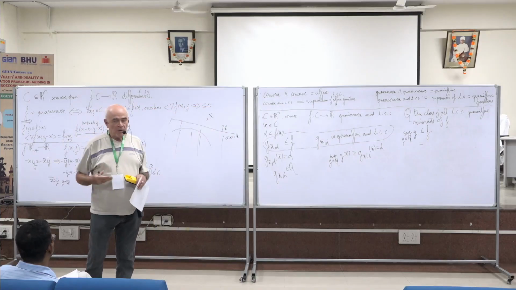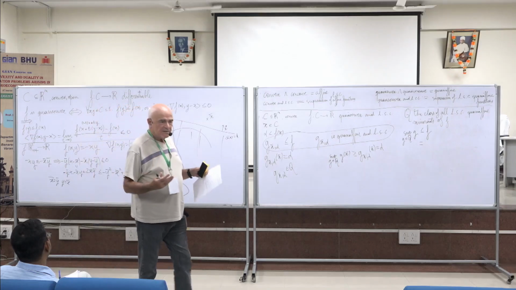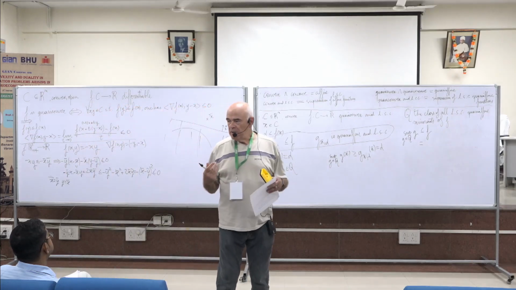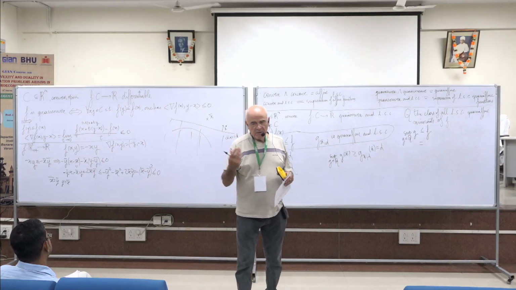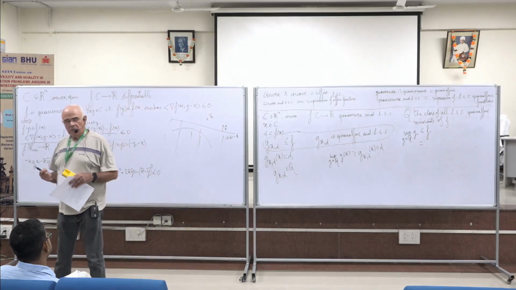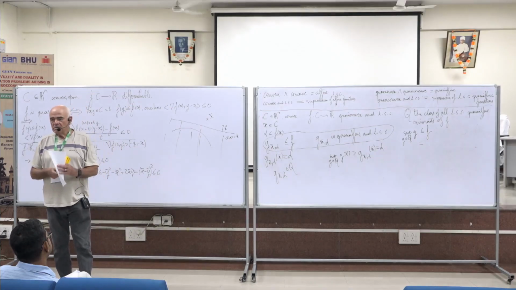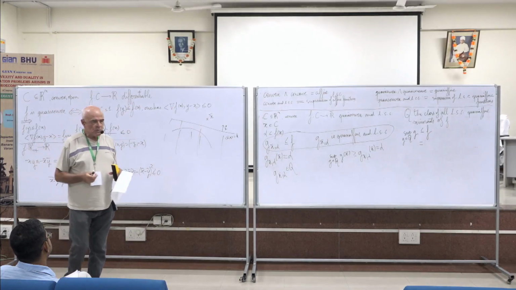I told you this morning that in the field of convexity, the king, in my opinion, is Jean-Pierre Crouzeix. We are good friends. And he wrote very important and nice results about duality for quasi-convex functions,